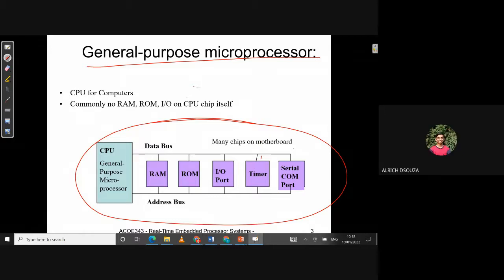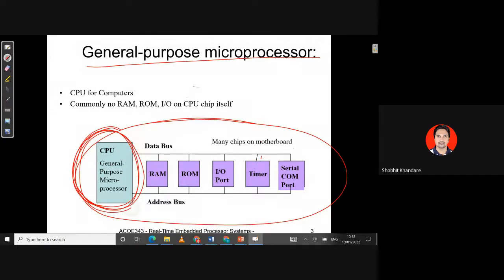General purpose microprocessor. Yes, this one is the CPU. So can I say this is a CPU? Can I say this is nothing but the microprocessor? Yes or no? Yes, sir. So your CPU is the microprocessor, and now you imagine